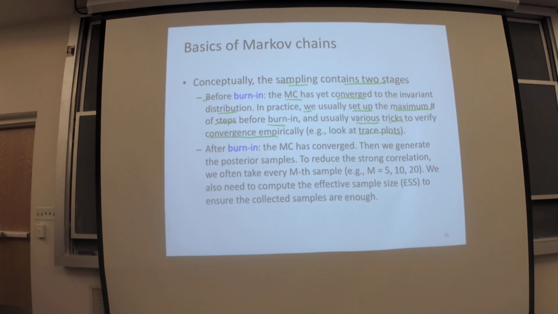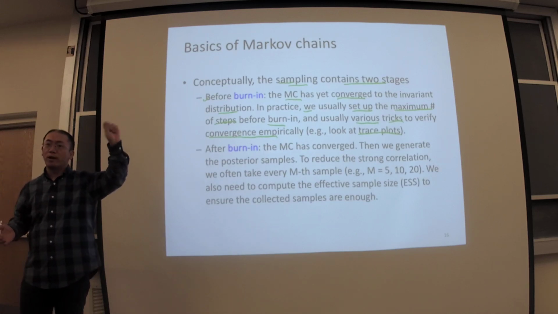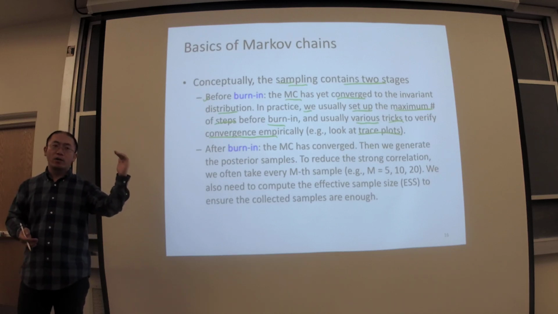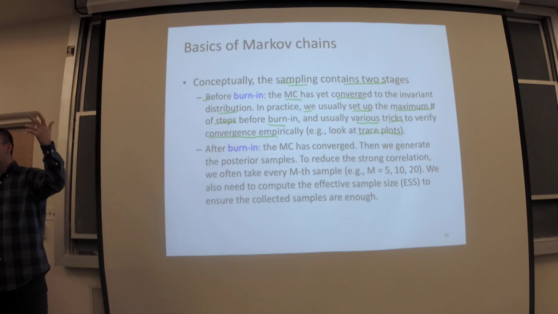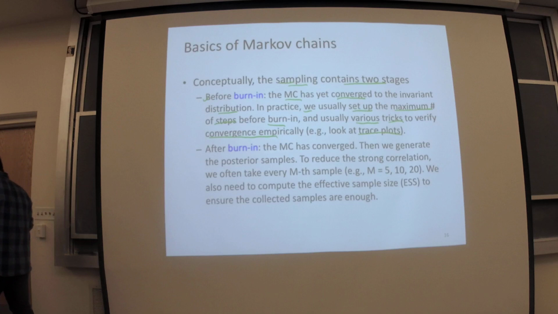Like, look at the trace plots. What are trace plots? You just look at several random variables in your samples, right? Each sample could be a random vector. Just pick a few of them, calculate their empirical distribution and look at their curve. If their curve turns out to be stable, then you can claim that very probably they have reached the burn-in state. Otherwise, I have to wait. Again, this is just an ideal status, right? In practice, I will never be able to guarantee that it has already arrived at the burn-in state. So you just use some empirical heuristics to determine whether I have arrived at burn-in. And then after burn-in,